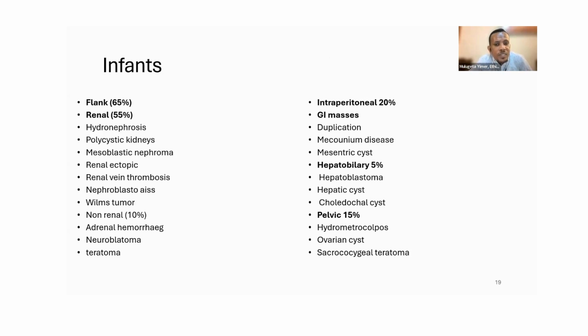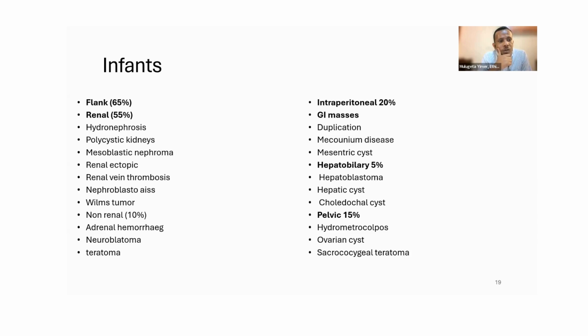So we have said that age is very important. Age is very important in narrowing the differential diagnosis. You don't need to remember all this list of differentials, but if you have an infant, mostly the masses are located in the flanks, and the majority of them are originating from the kidneys. This could be from hydronephrosis or polycystic kidney disease or mesoblastic nephroma or ectopic kidney or, commonly, renal vein thrombosis,